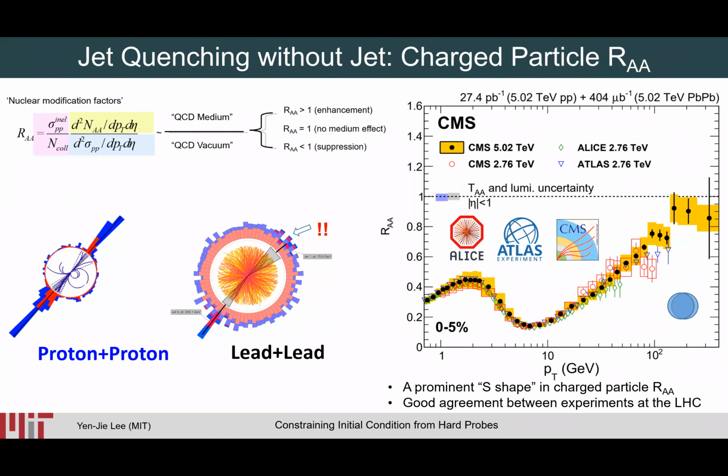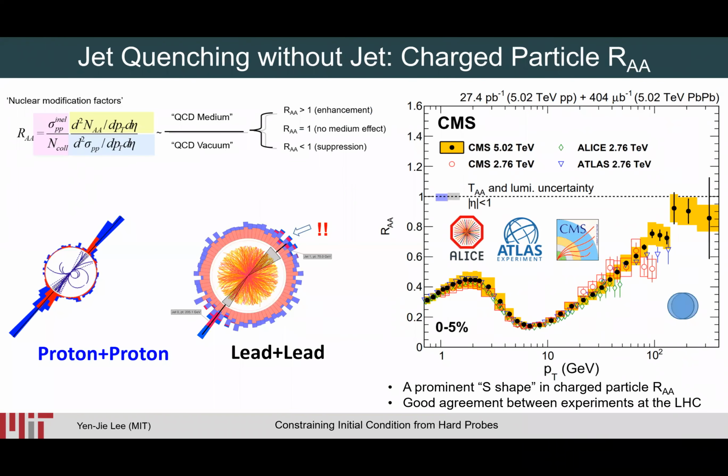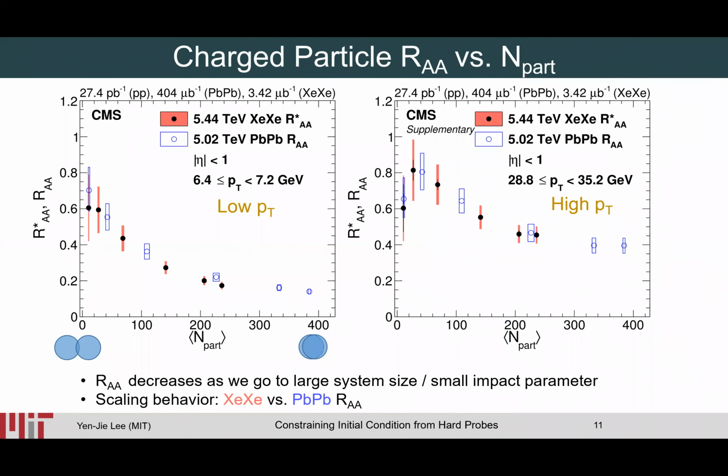Just to add, it also shifts your pT downwards. That's right. So as you lose energy, what happens is that you don't have as many high-pT particles, but you would have more low-pT particles. Yes, and that gives you this non-trivial result there. And the excitement is that we see a rough scaling behavior between xenon and lead, which we use in the later studies for the isobar